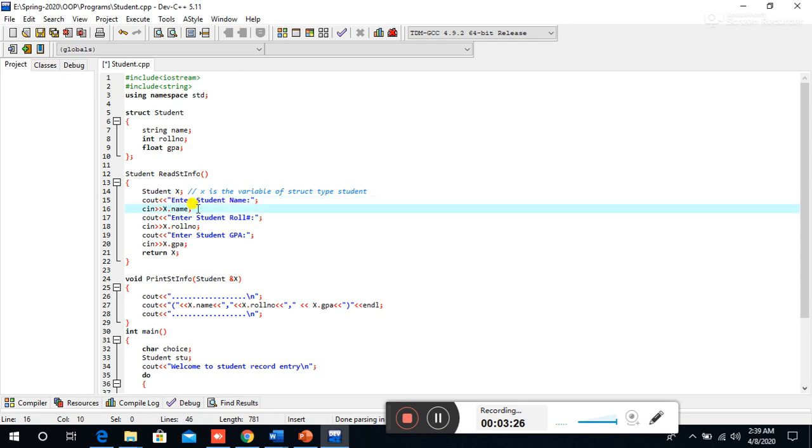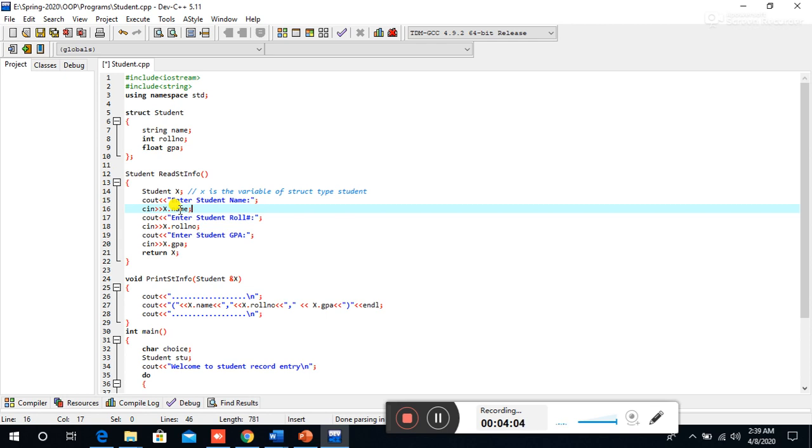We know that name is a member of the structure, and we can read input into a member with the help of the structure variable, and we can print the data with the help of the structure variable. So x is the structure variable, and x dot name will input the data into the member name of the structure.